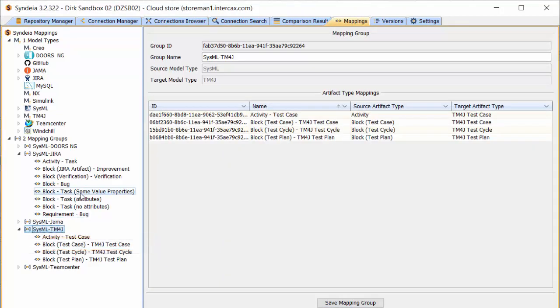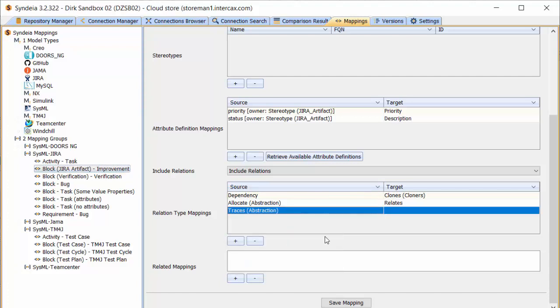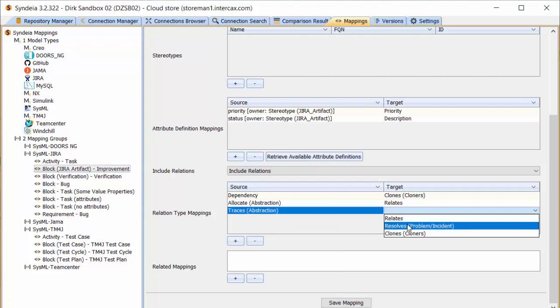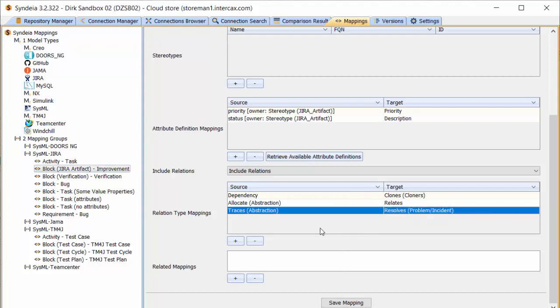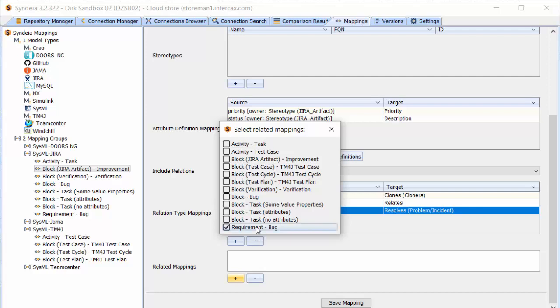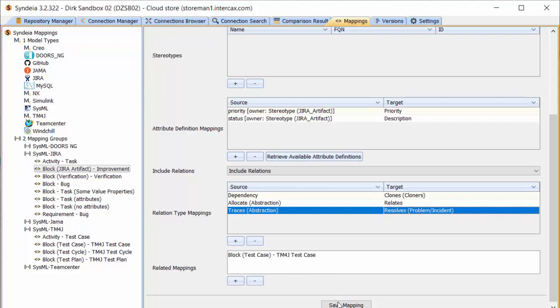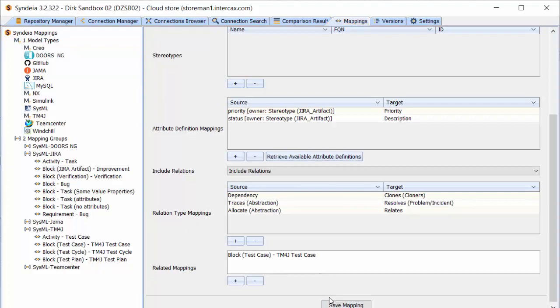Second, we call up our original mapping, add the trace relationship to the relationships level, and add the block test case to TM4J test case mapping to related mappings. Now Syndeia will transform both the relation and test case correctly, assuming that the Jira repository has the TM4J test